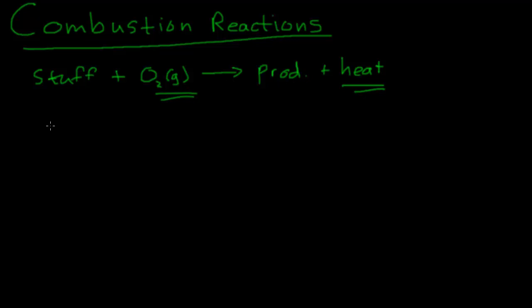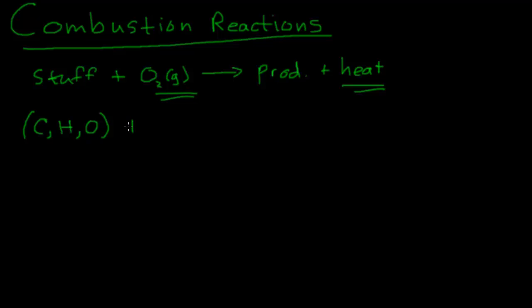Now let's look at some typical combustion reactions. We're going to look at combustion reactions of some organic molecules. Organic molecules are carbon-containing molecules. In particular, we're going to look at carbon-containing molecules that contain carbon and hydrogen, and if they just contain carbon and hydrogen, we call them hydrocarbons. That term is in your book. Hydrogen and carbon makes a hydrocarbon. But we can also get the same result if we have a molecule that just contains carbon, hydrogen, and oxygen. If we have a molecule that just contains these three types of atoms, in any numbers and any combinations,